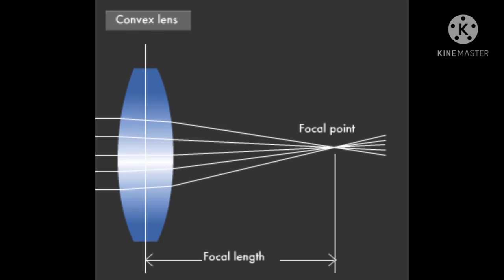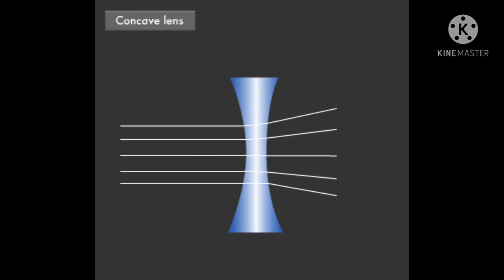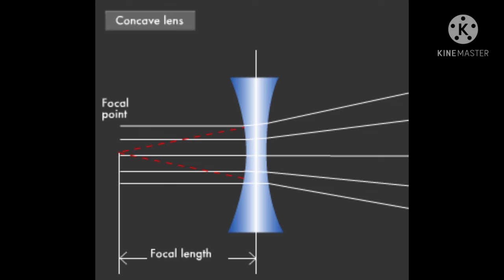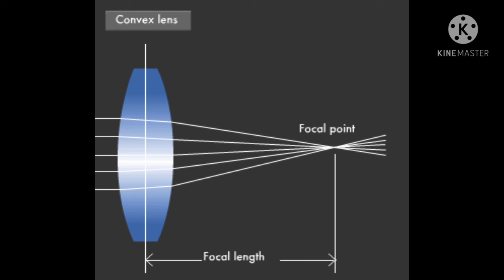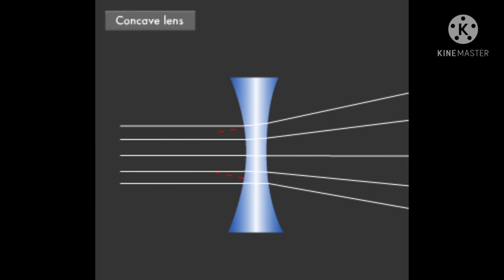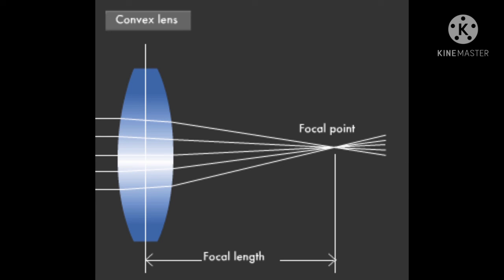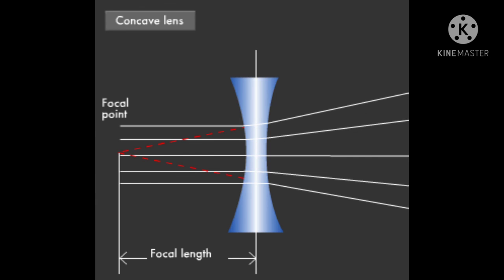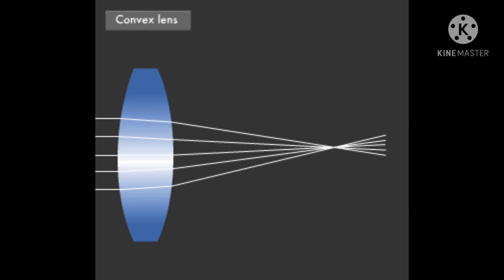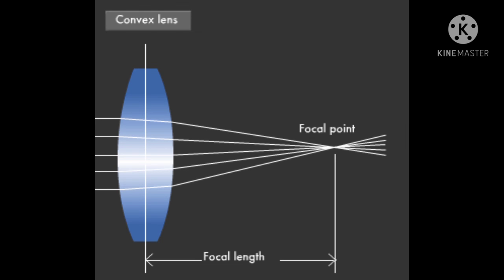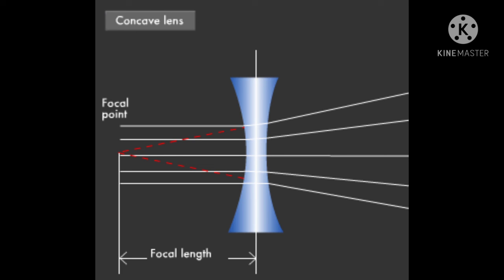See here, how the focal point is found in a biconvex lens and a biconcave lens. So observe this video, in red color, the concave lens. The extended rays on the back side, I am showing you in red color. Okay, so they are converged or they meet at a particular point in the red color. See here, in red color, the focal point.